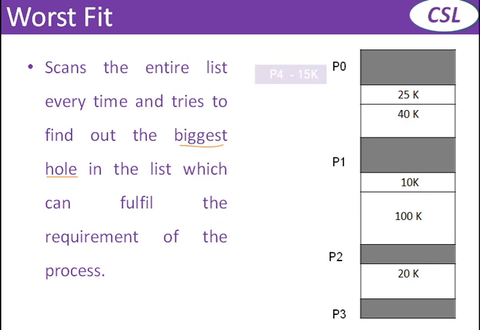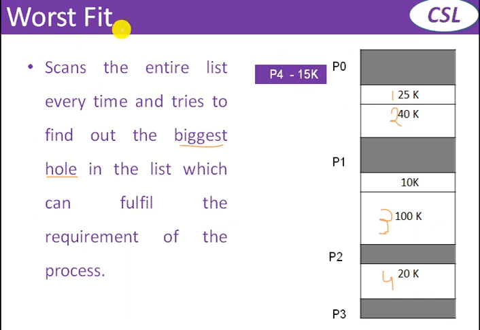So suppose I have a new process P4 with 15K. This 15K can be accommodated here, here and 100K. So there are 4 partitions available, and on these 4 partitions we can accommodate this P4.